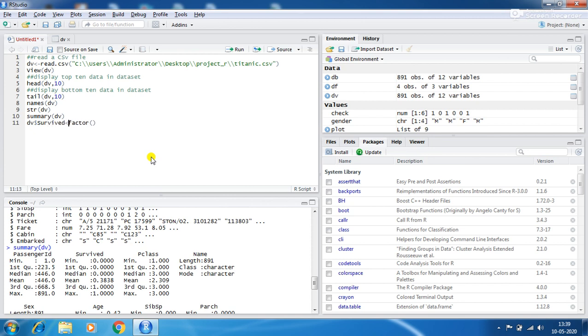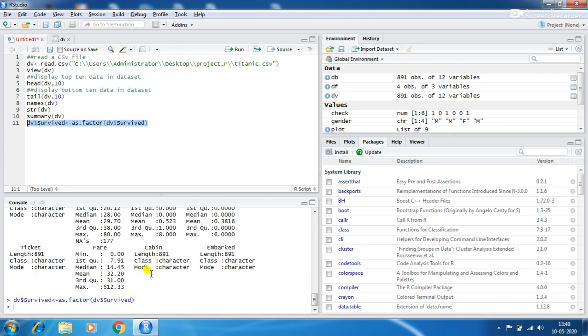Survived came with two values, 0 and 1, not numeric, so it is a factor. So as.factor of db survived. This is converted into a factor and runs successfully.